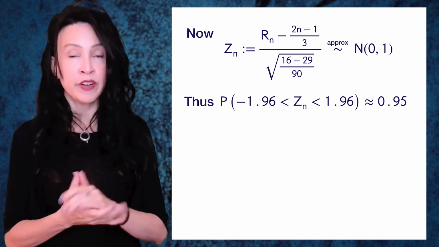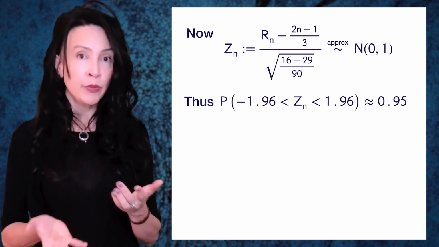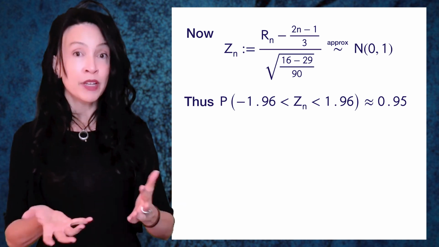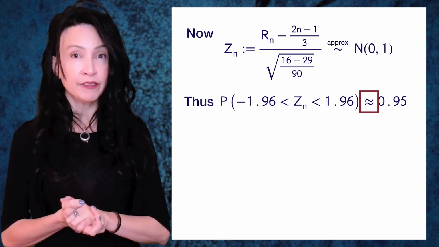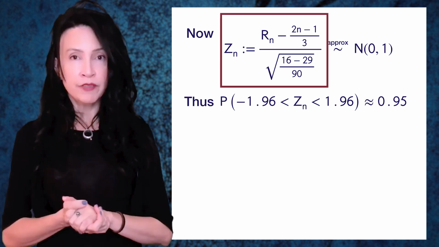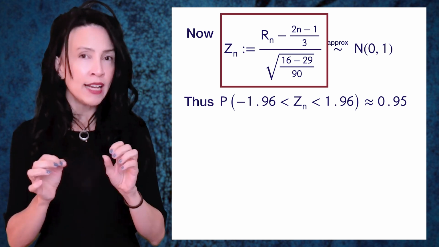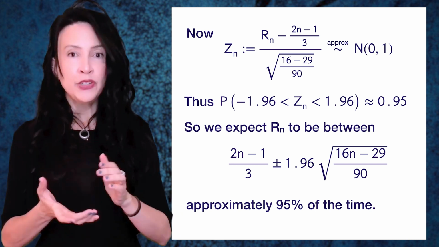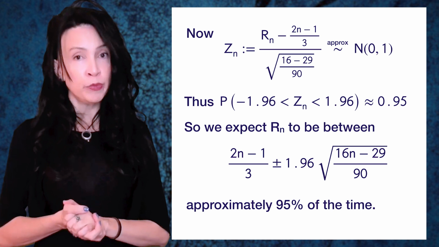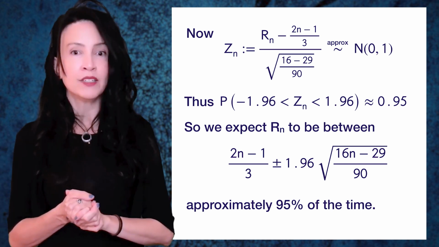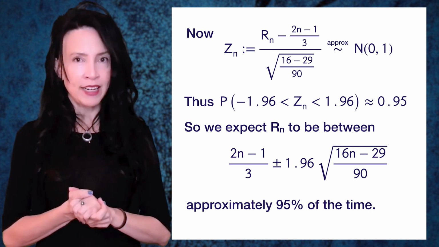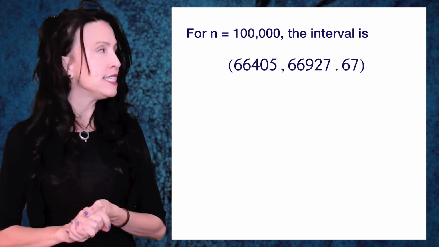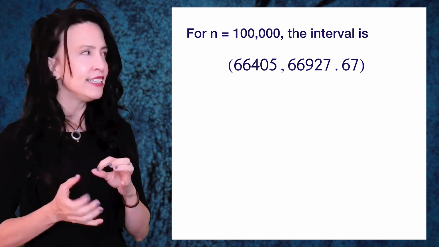I can also find other pairs of numbers. These are not the only pairs of numbers that will do that, but the ones that are usually taken. Because Zn here is not exactly standard normal, but only approximately, I'm going to say that this probability is approximately 0.95. If I plug in this big expression for Zn and solve for Rn in the middle of these inequalities, this is telling me that we expect Rn to be between these two numbers, (2n minus 1) over 3 plus or minus 1.96 times the square root of (16n minus 29) over 90, approximately 95% of the time. For n equals 100,000, these endpoints of this interval come out to be 66,405 and